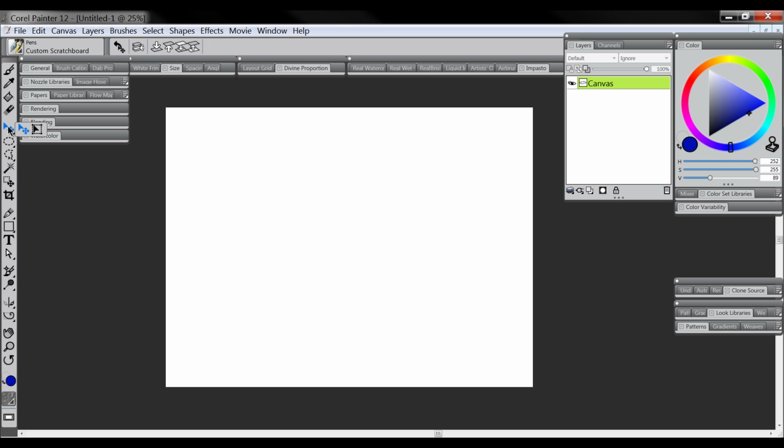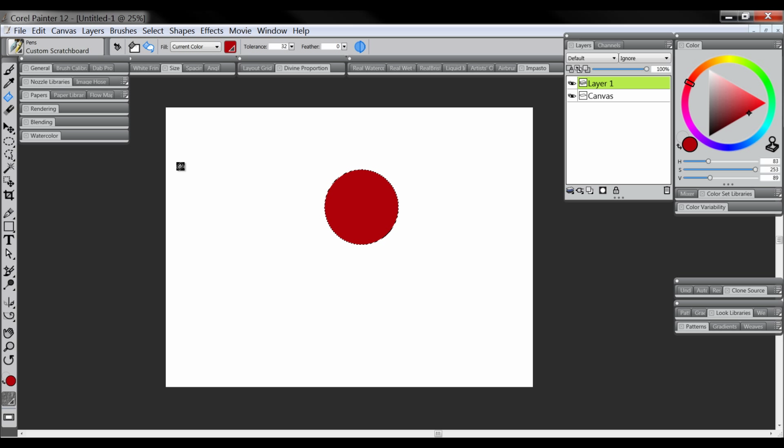Now if we tap and hold on this arrow tool here, we'll get a second option, and that is a shortcut for the free transform tool. This is a quick way to get to the free transform tool. If we want to transform something, let's put something on our canvas here that we can transform. We'll make a really quick sphere,